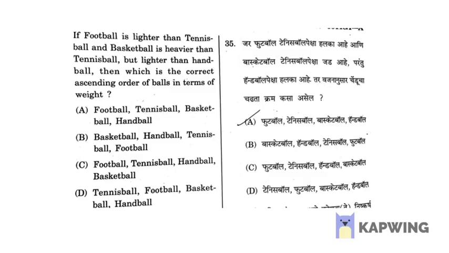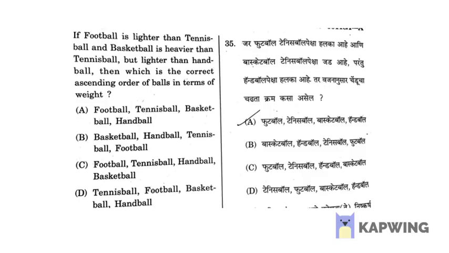If a football is lighter than a tennis ball and a basketball is heavier than a tennis ball, then if you arrange them according to their weights, you will come across this. It says that the basketball is heavier than the tennis ball but lighter than the handball. So the first statement, A: football, tennis ball, basketball and handball. This is correct, because if you just